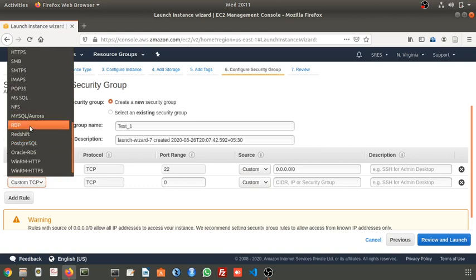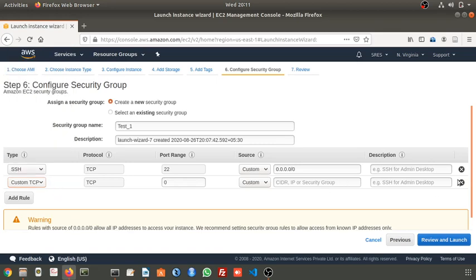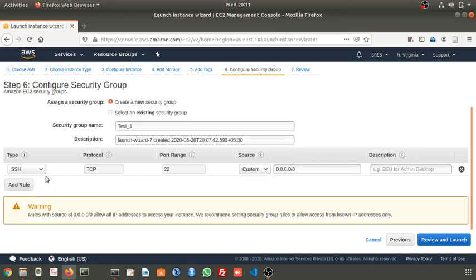Okay, when this RDP port is enabled, what you can do is use RDP from your local machine. Then you can connect to your Windows machine. As now we have selected only the Ubuntu operating system, we don't require any graphical user interface. Using the command prompt, we can access it through SSH. Okay.